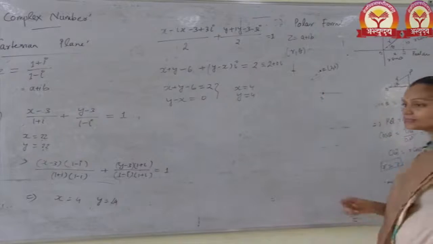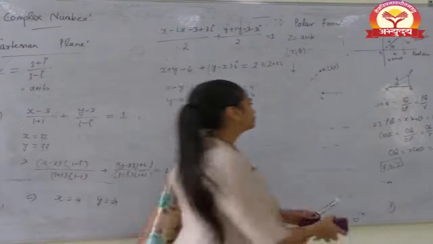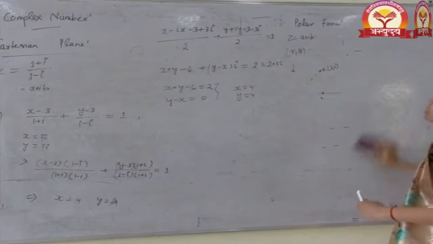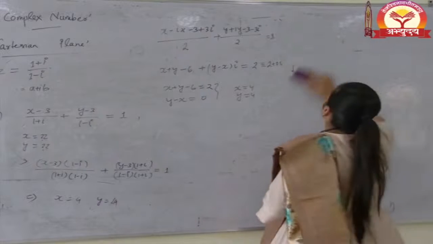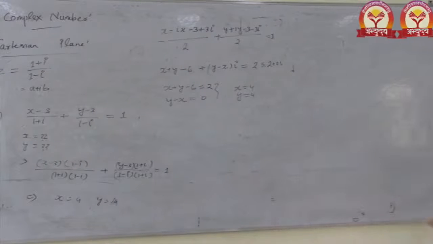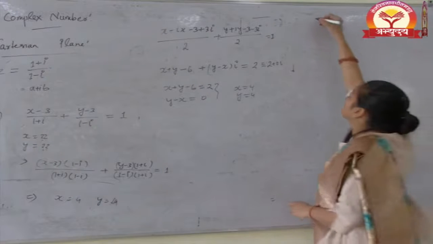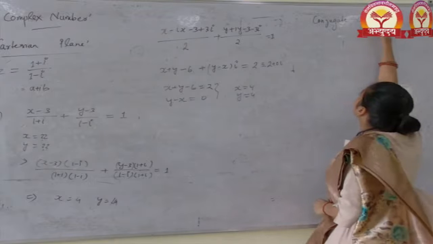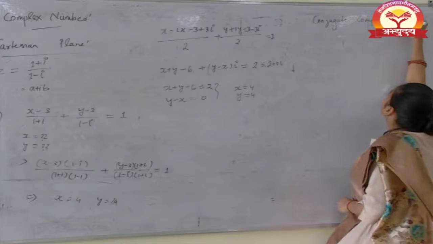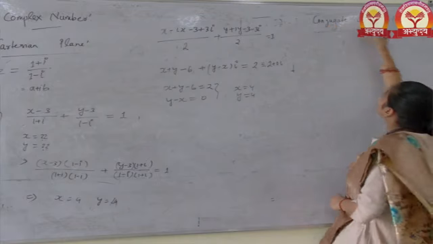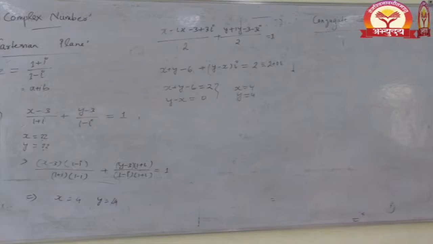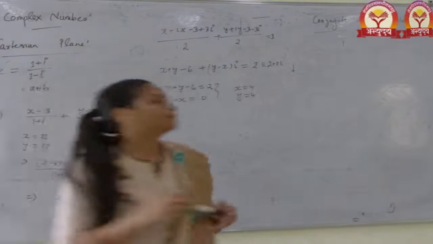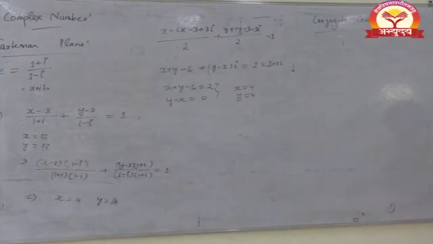ठीक है, नेक्स्ट रिप्रेजेंटेशन पे आपको और प्रैक्टिस करनी होगी. You have to practice some more questions on a representation of a complex number. नेक्स्ट टर्म इज व्हाट? That is the conjugate complex number. कॉन्जुगेट कॉम्प्लेक्स नंबर. इससे पहले जस्ट आपका एक क्वेश्चन, रिपीटेड क्वेश्चन है आपके जेईई का, जस्ट ऑब्जेक्टिव टाइप क्वेश्चन इन